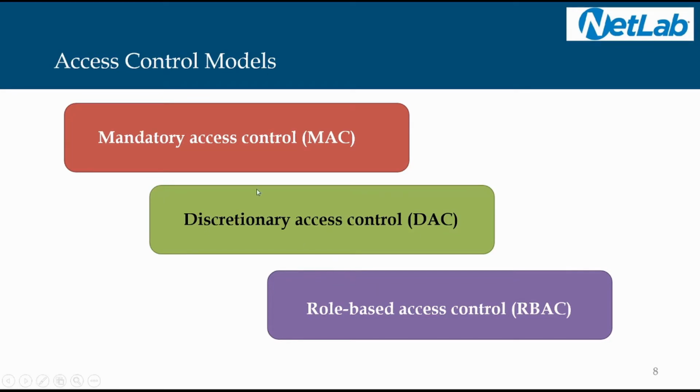Access control models. Once the classification and labeling have been done to your data, we can implement access control methods. Let us discuss the access control models. Mainly there are three methods: mandatory access control or MAC, discretionary access control or DAC, role-based access control or RBAC. There is one more, rule-based access control, when we use the firewall and the rule is controlling the access of the data.